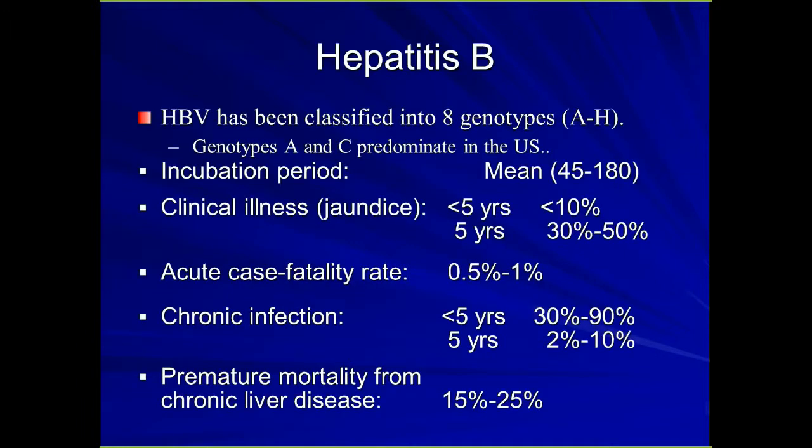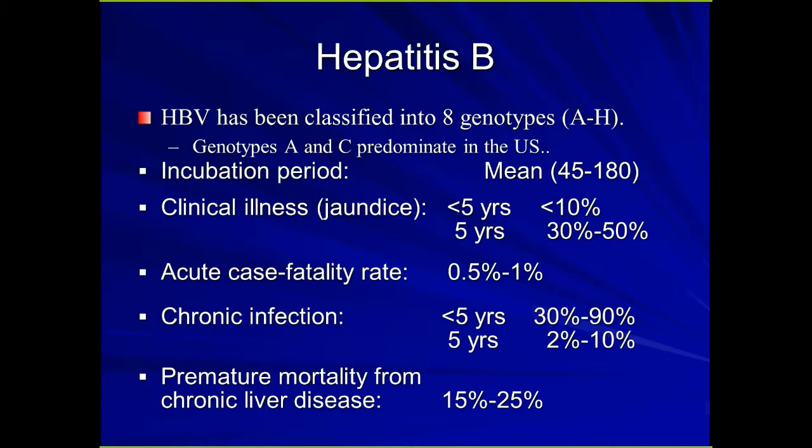Just to give you some background, it's a viral infection. There are 8 genotypes. The commonest genotype in the United States is A. The incubation period after infection is about 45 to 180 days. It's a range. I think the important point to remember is that if an adult gets infected with hepatitis B,